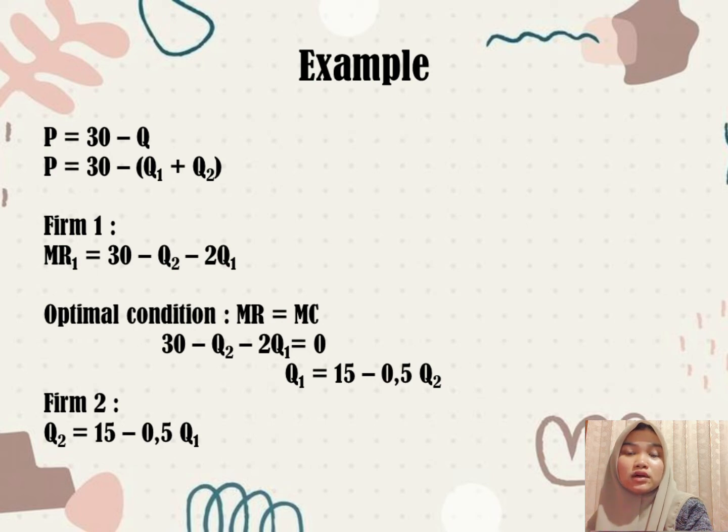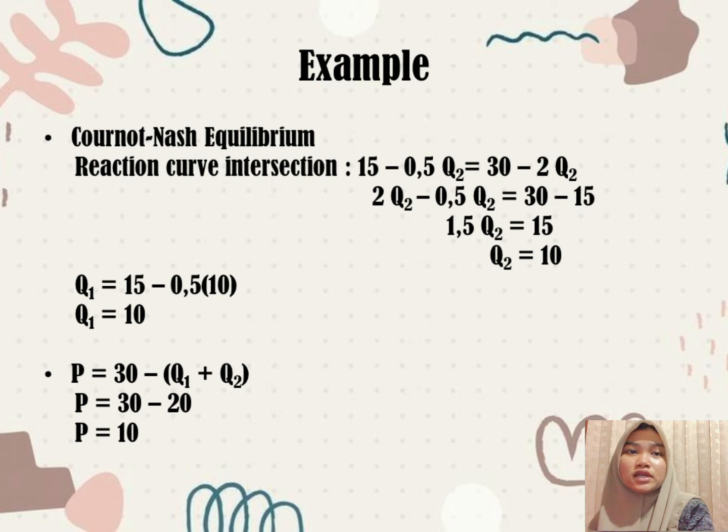So we substitute the MR: 30 minus Q2 minus 2 Q1 equals 0, because our MC is 0. So we get Q1 equals 15 minus 0.5 Q2. For firm 2, Q2 equals 15 minus 0.5 Q1. And the Cournot-Nash equilibrium, we can see from the reaction curve intersections, which is 15 minus 0.5